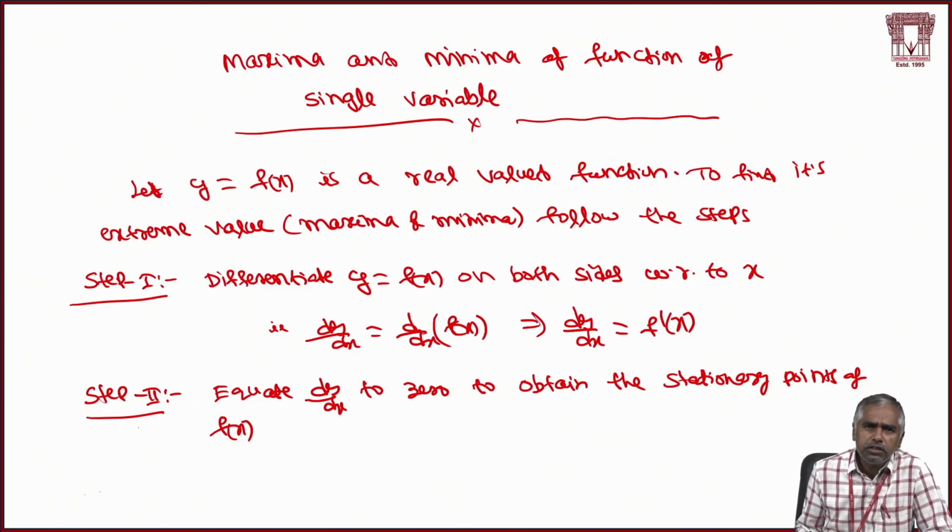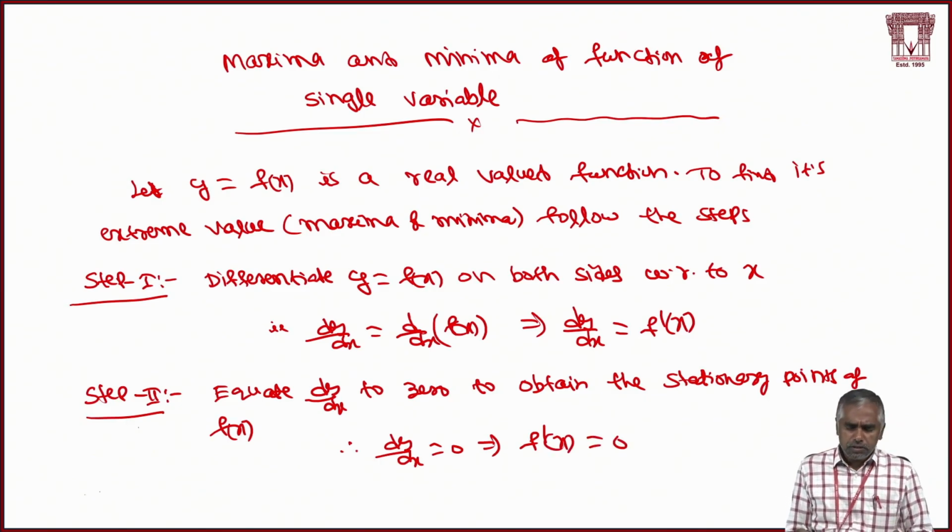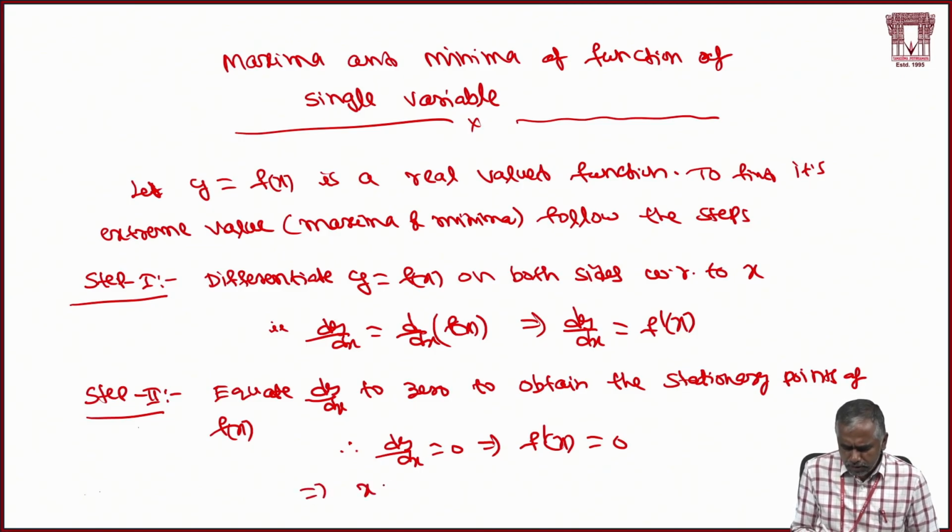So here for finding the stationary points for f of x, we need to equate dy by dx to 0 according to step 2. Therefore, dy by dx equal to 0, that implies f dash of x equal to 0. So here f dash of x equal to 0 means it is an equation in one variable. So if you solve this equation, we will get some values for x. So that implies x equal to x1, x2, and so on, xn are the solutions